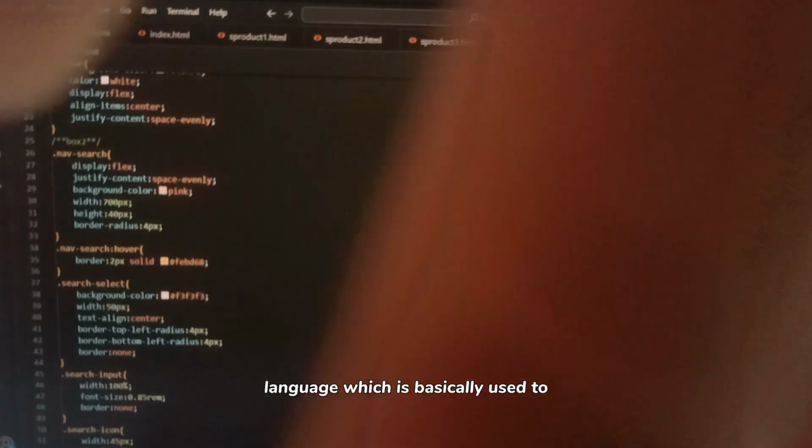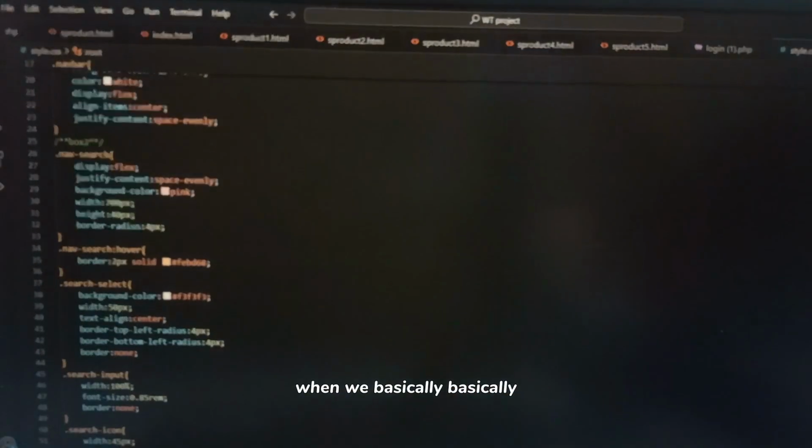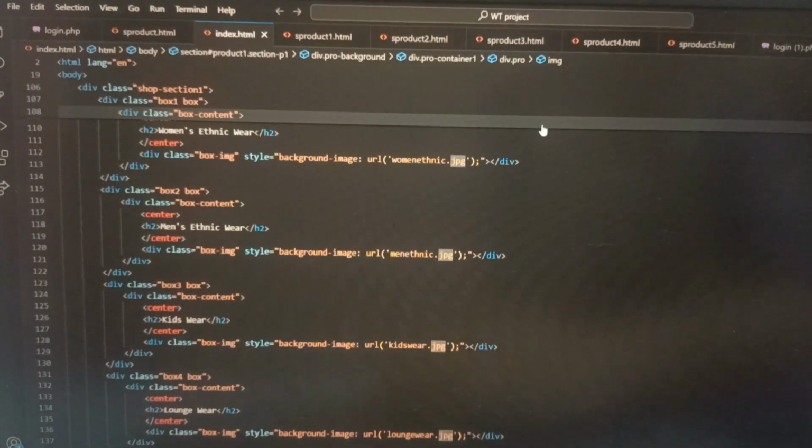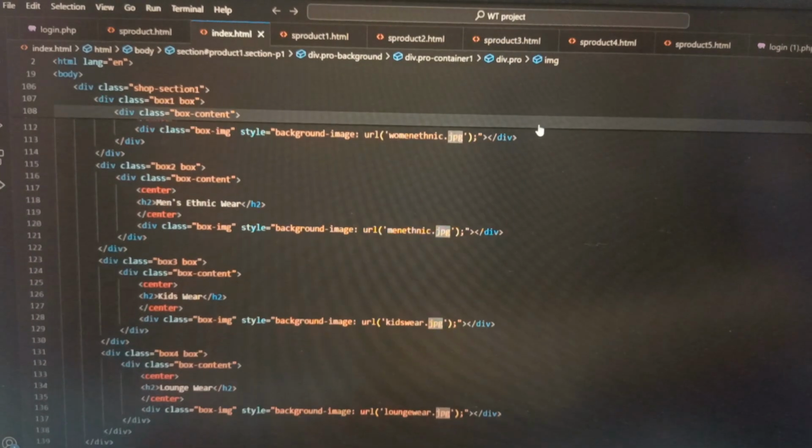Language which is basically used to add interactivity to the HTML pages. Basically, when we... Next comes the JavaScript, which is a scripting language which usually